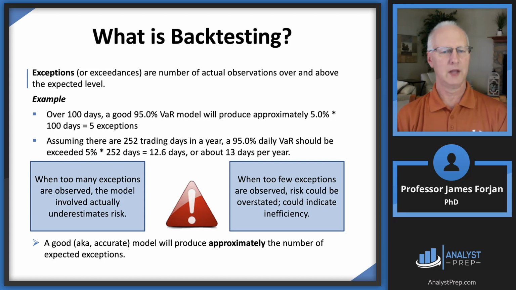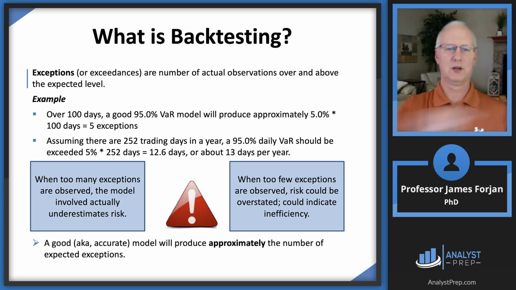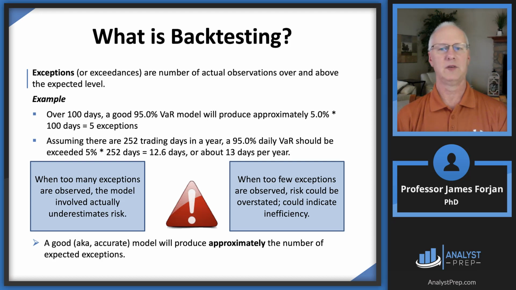So look at the quick example I have here. Over 100 days, an accurate value at risk model at 95% will produce approximately 5 exceptions, right? So do the bell-shaped curve. Look at that tail. That's going to be 5 days, right? So if there are 252 trading days in a year, that's going to give us about 13 days per year that we should reasonably expect to exceed that value at